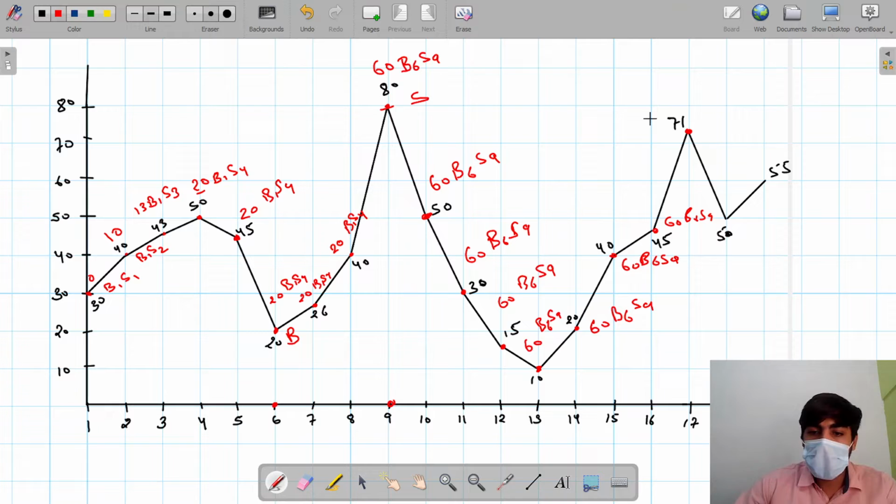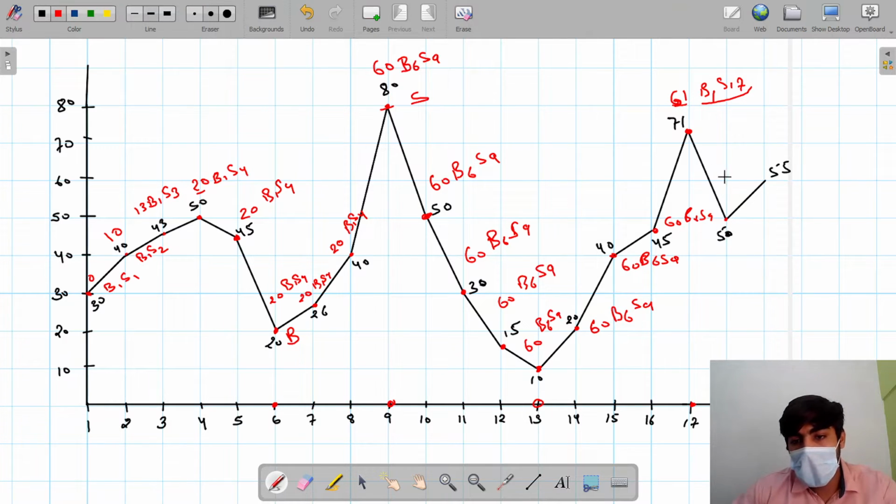Now see here, the condition is changed, the profit is changed here. Buying day is 10, selling day is 71, getting a profit of 61. Buying day at 13 and selling day is 17. Now see, we are getting a profit of 61, which is the maximum over all the previous days. The maximum for previous days is 60, but now we are getting 61.